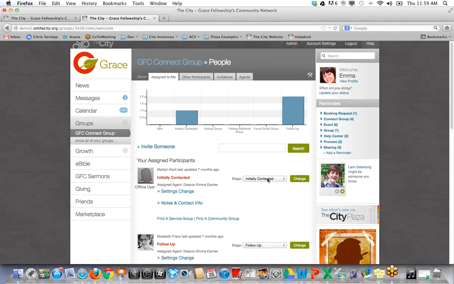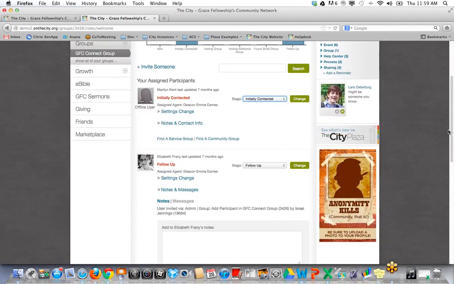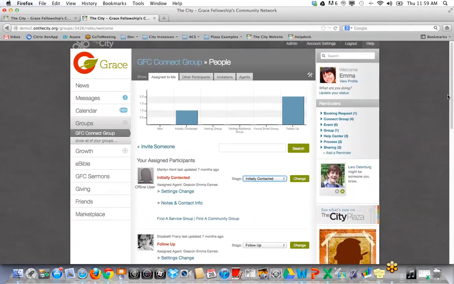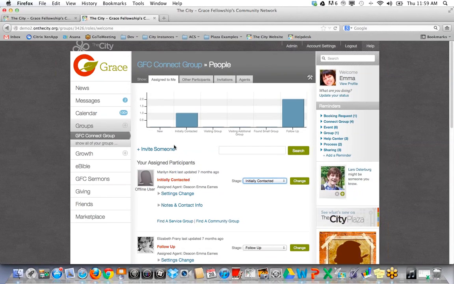They're shown up here, and they're also right here. So we have initially new, initially contacted, visiting a group, visiting additional group, found small group, and follow-up. But those are completely customizable, and it's just important to keep track so that the group leader can see the progress of the group, and then also